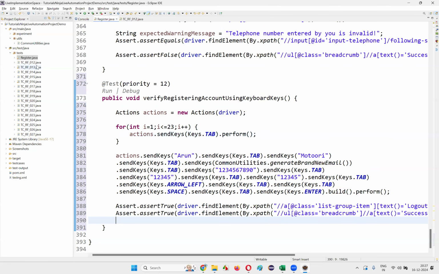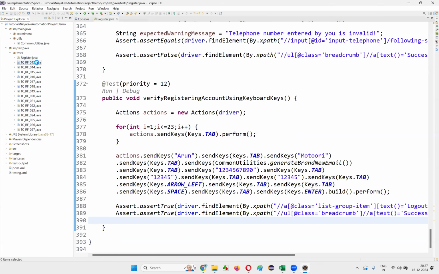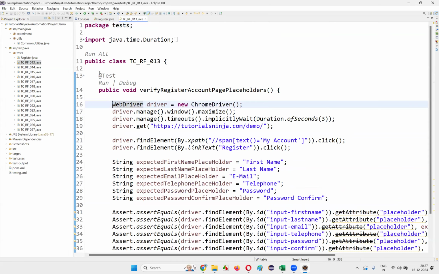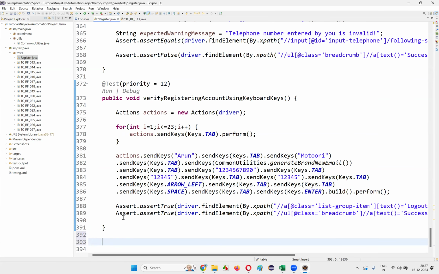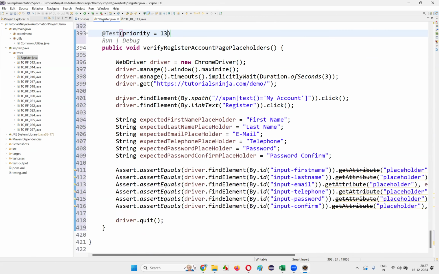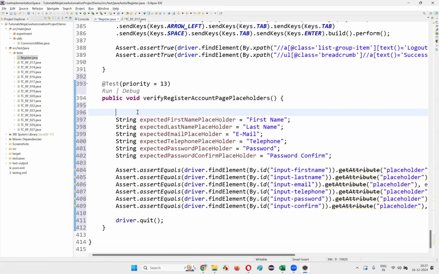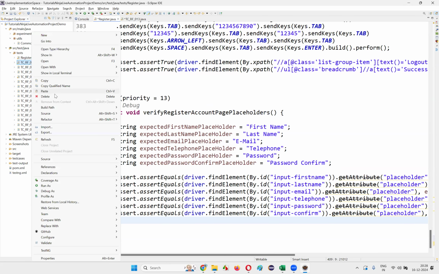Save this. Then delete the 12th one. Then go to the 13th one. Copy this 13th one. Cut it. Paste it here. Then priority is equal to 13. Remove these lines, common lines, and remove the driver.quit. That's it. Delete the 13th test case,